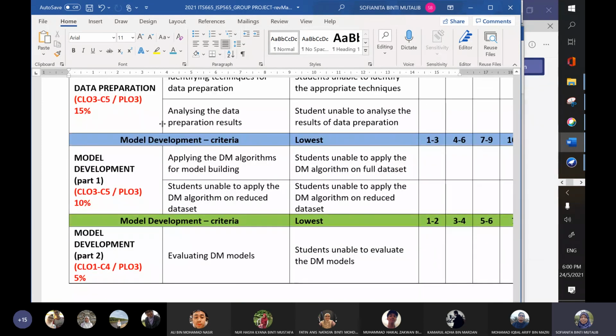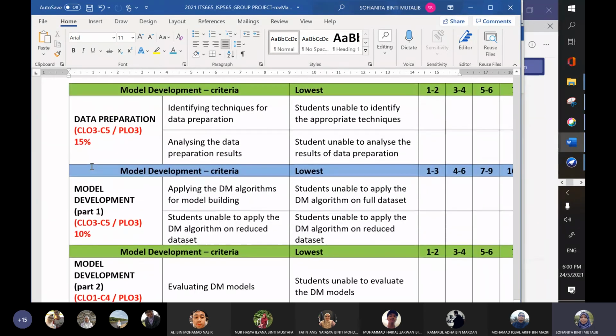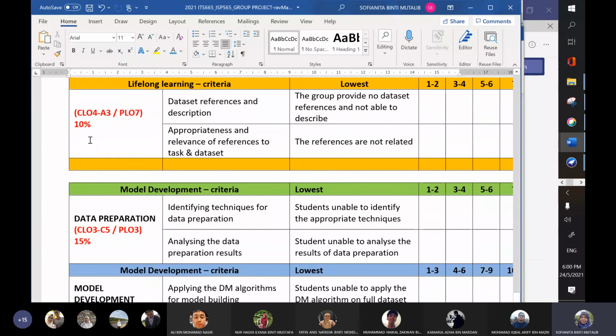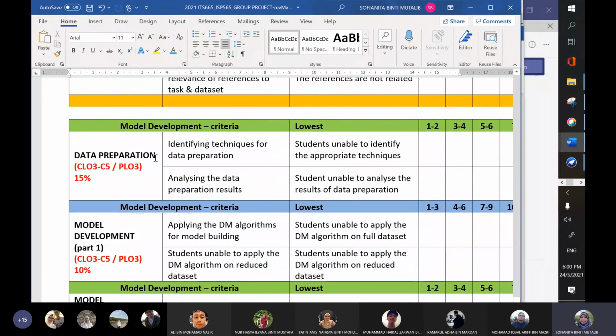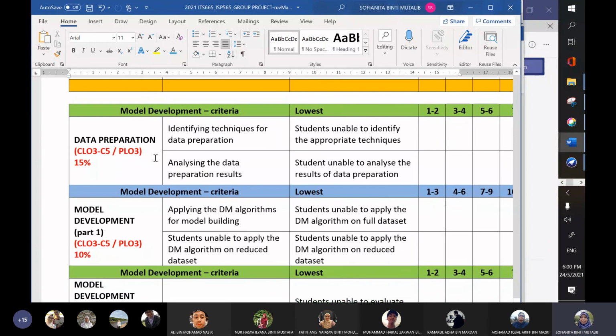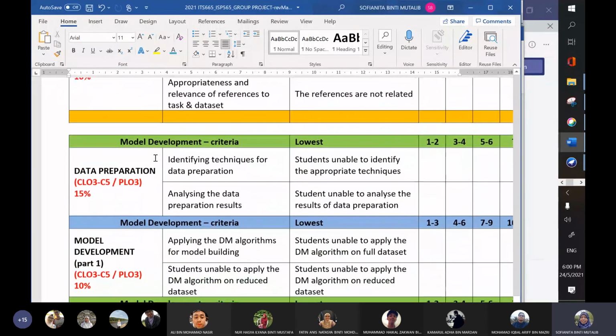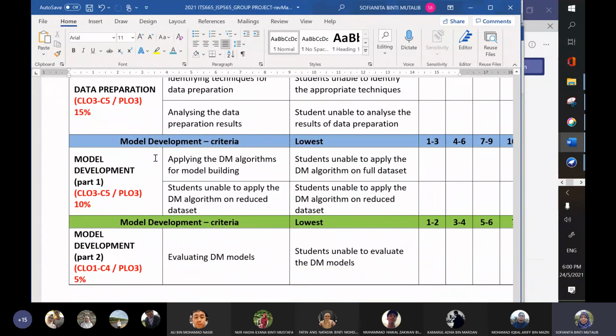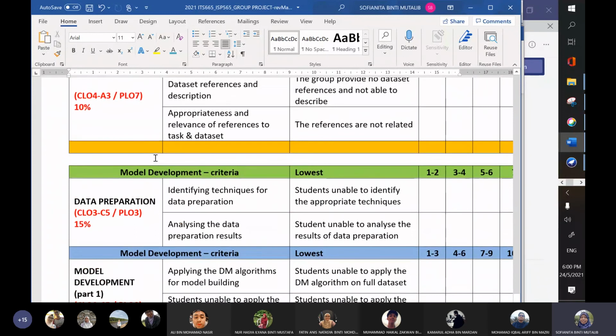So the total marks will be 15, 30 plus 10, 30, 40, right? Did I calculate correctly? 30, 40, correct.